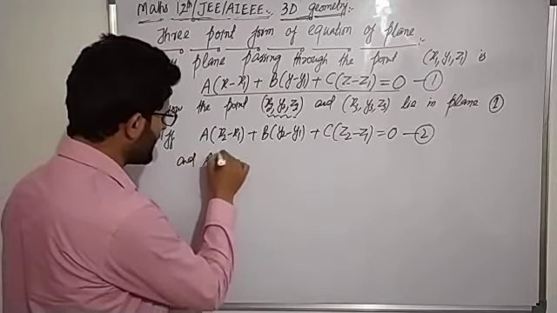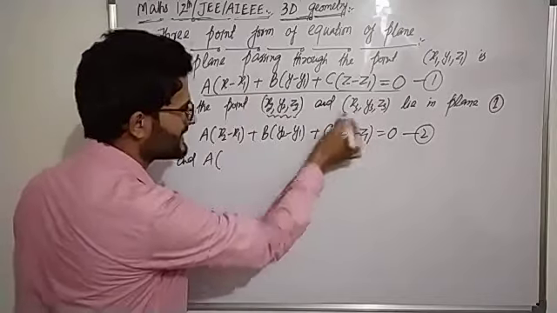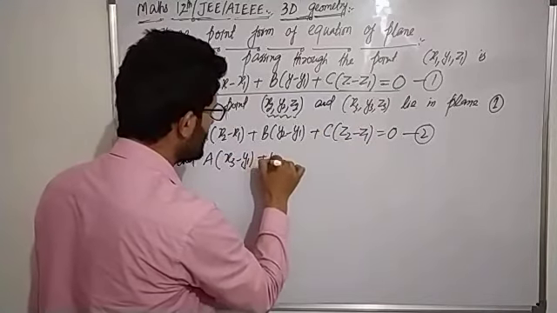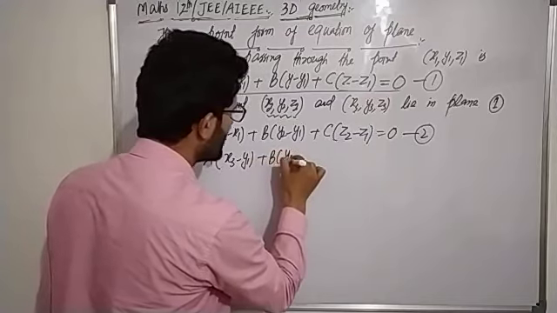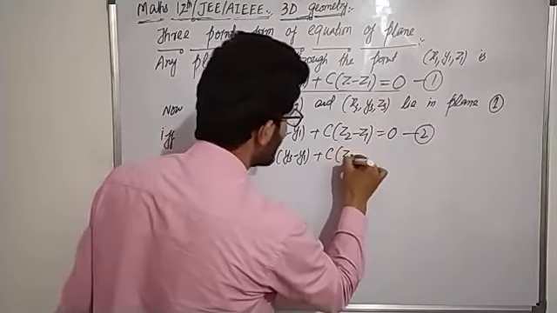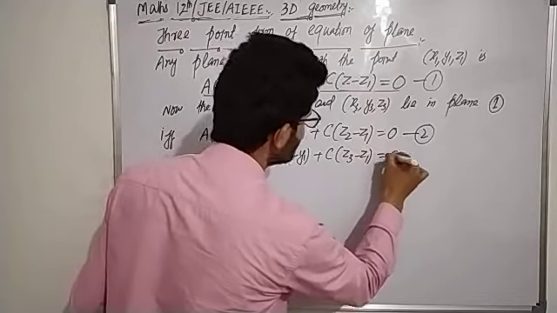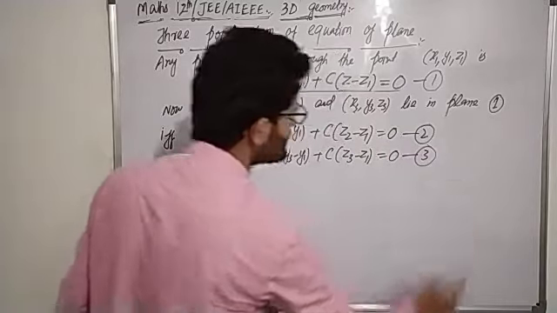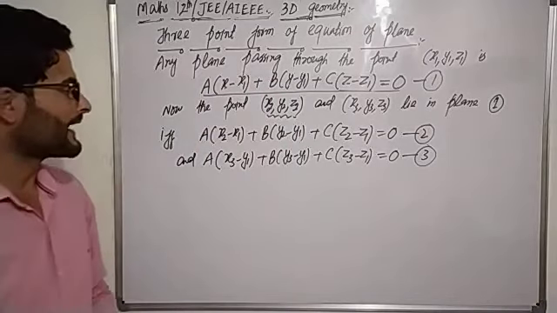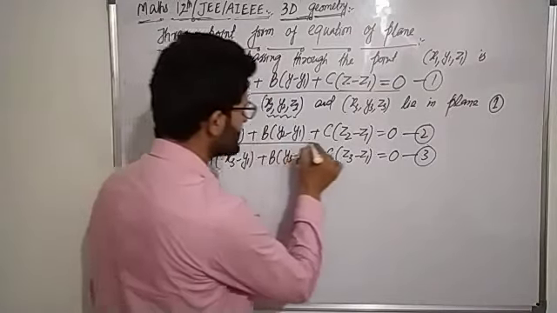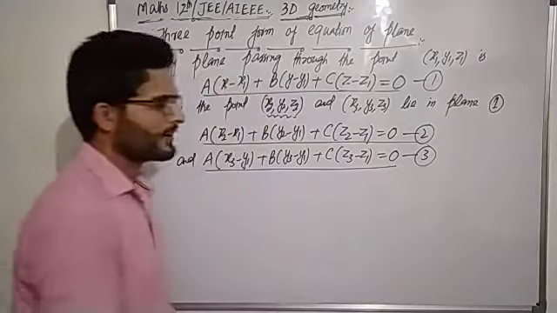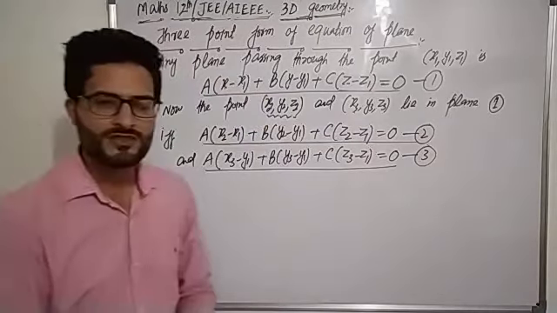And at that time, what will the equation be? a into (x3 minus x1) plus b into (y3 minus y1) plus c into (z3 minus z1), and that's equal to 0. We are keeping that equation as equation number third. Now if we look at equation first, equation second and equation third, here we have the system of three equations